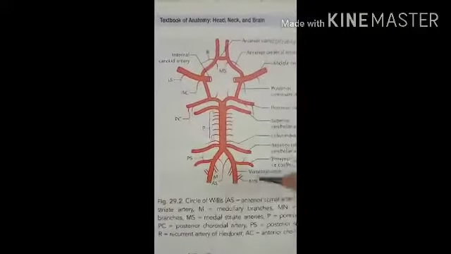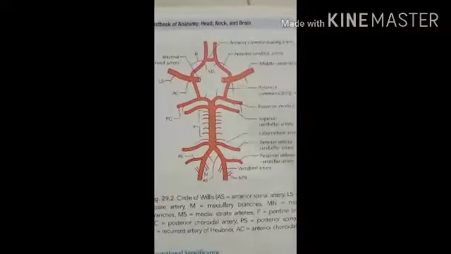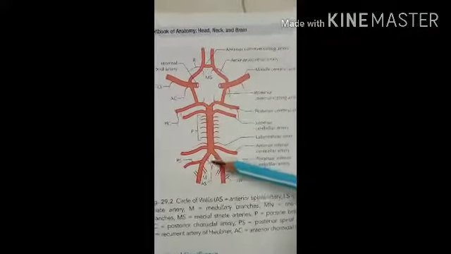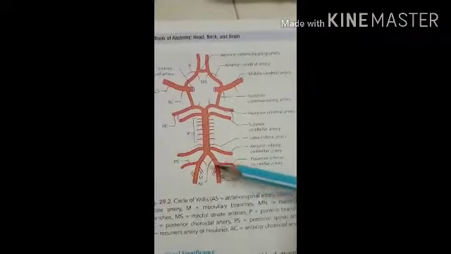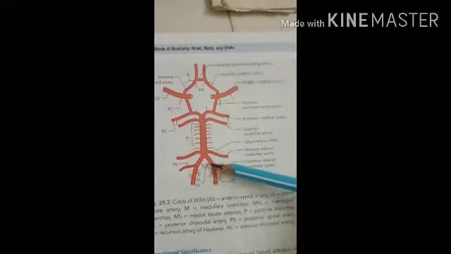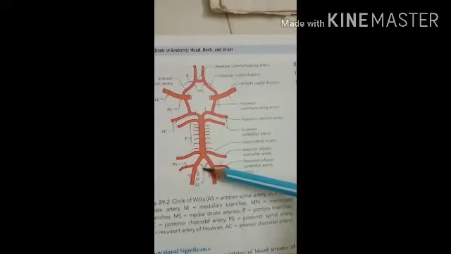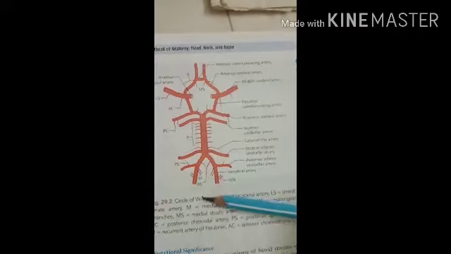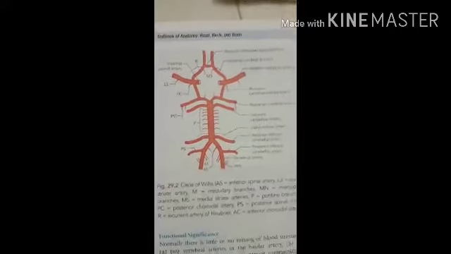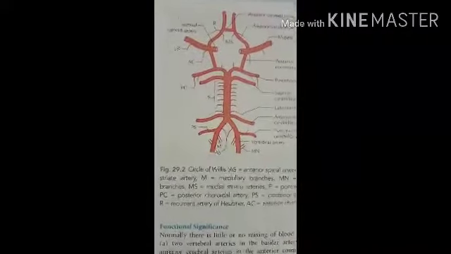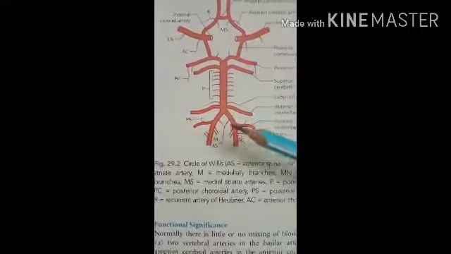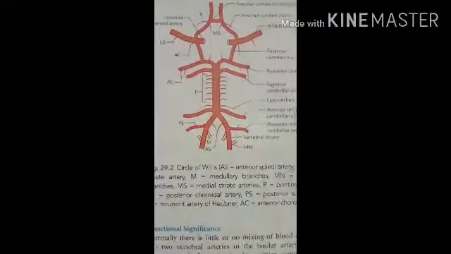The blood supply of the spinal cord. The spinal cord is supplied by the anterior spinal artery. Here you can see these are two vertebral arteries, and from the anterior side one branch comes out from both the right and left vertebral arteries and they join to form the anterior spinal artery. This artery descends and enters the anterior median fissure of the spinal cord, and it gives blood supply to the anterior and the lateral part of the spinal cord.